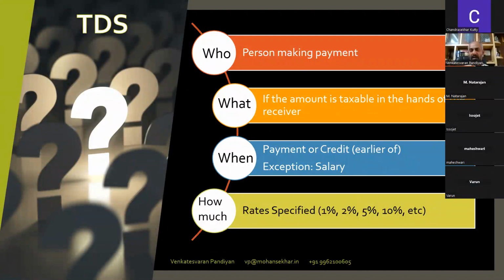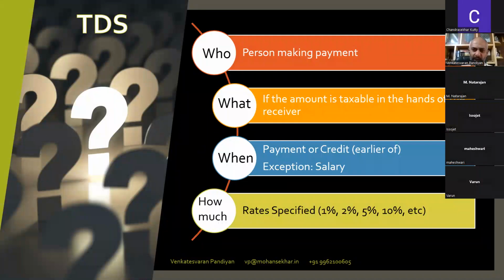Let's take another example, rent. You are going to pay rent to your landlord. Is it an income that is taxable in income tax? Yes. Any person who receives income is subject to income tax under house property, or if it is a commercial entity, maybe in some cases it could be income from business. So if it is an income, then it is subject to tax.